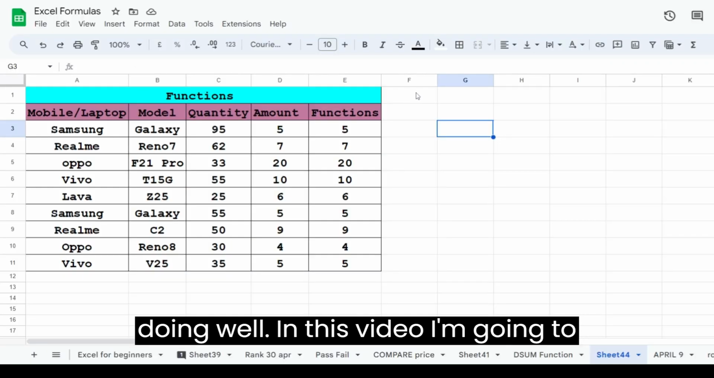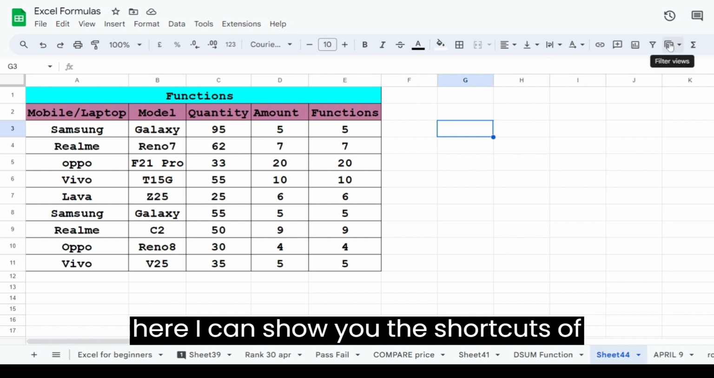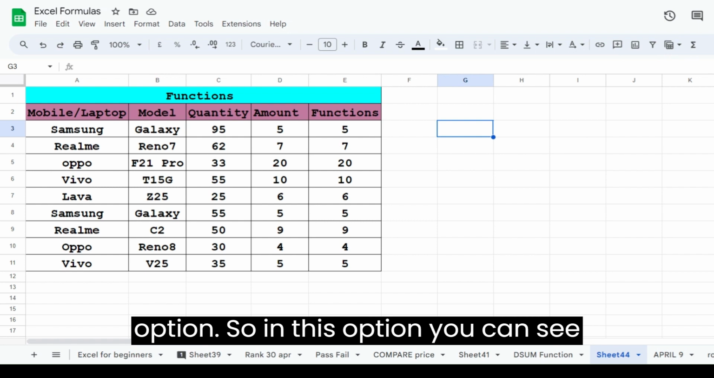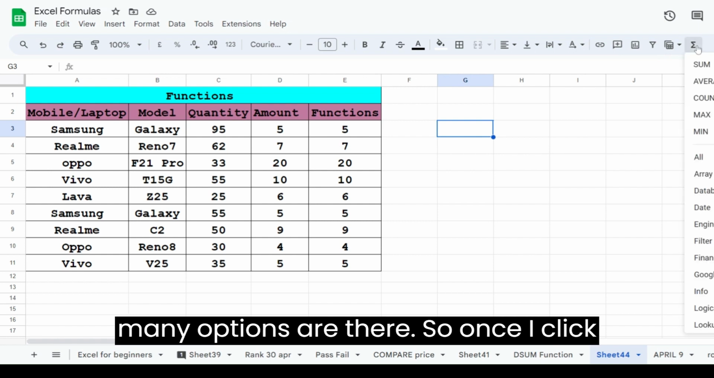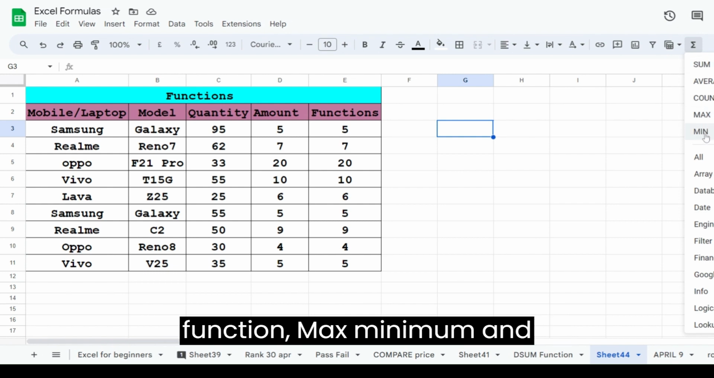Hope you're doing well. In this video, I am going to teach you the shortcuts of functions. So here I can show you the shortcuts of functions. So this is the function option. In this option, you can see many options are there. Once I click on it, you can see there is a sum function, average function, count function, max, minimum,